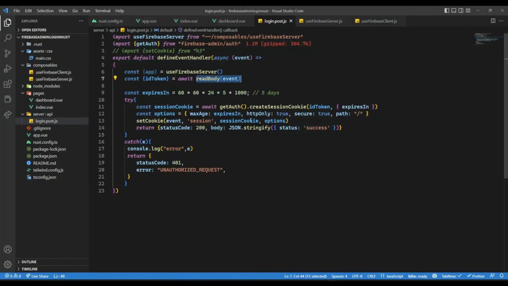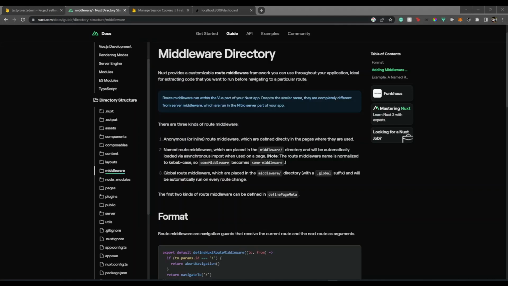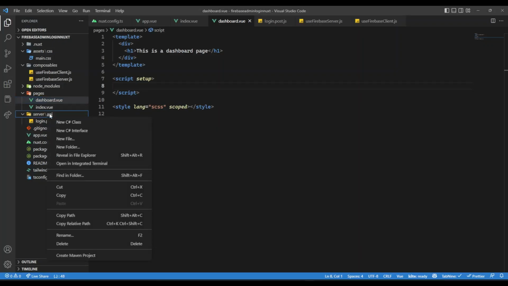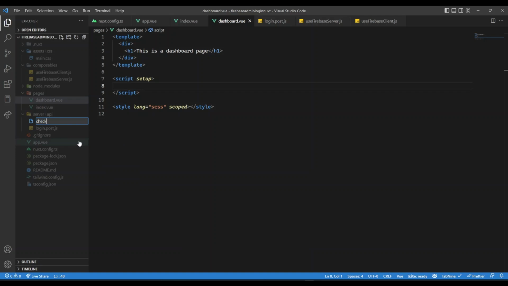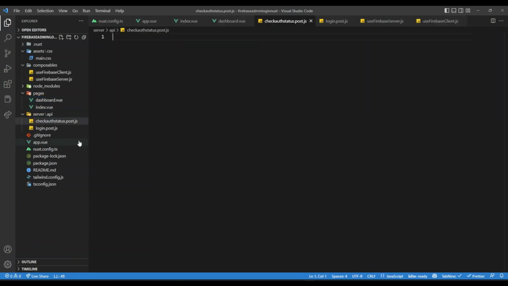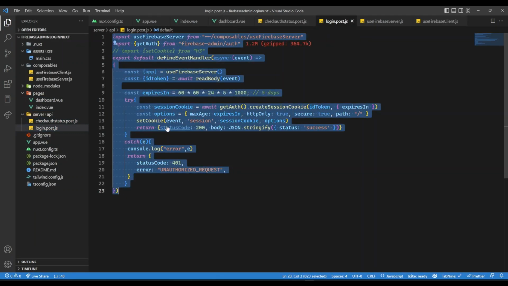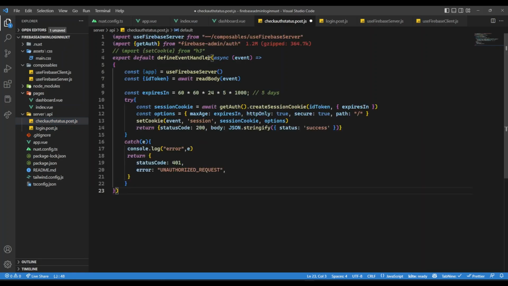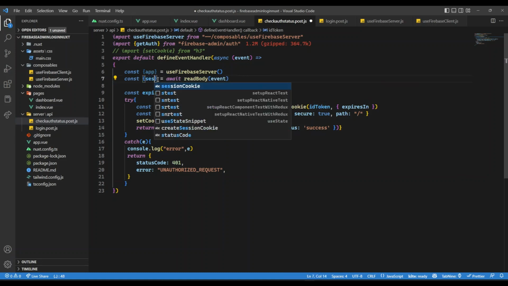Now here we can create our middleware. So we'll be using this middleware directory and there we'll be defining a middleware. So let's get started. So we will create first an API route to check auth status.js. This is going to be post request.js. Now let's copy most of the things from here because they will be pretty much same, only a few things here and there. So what we will need is, okay, we don't need this ID token. We will need now the session cookie,